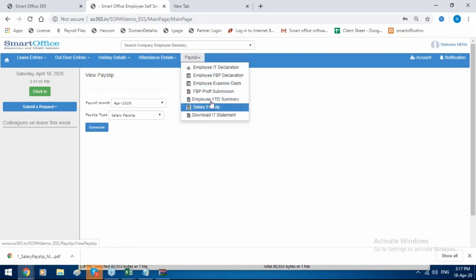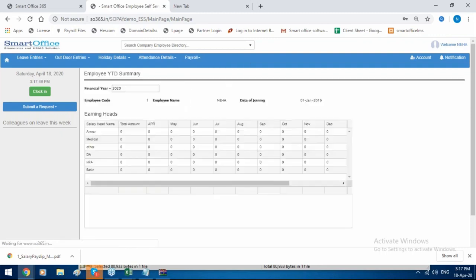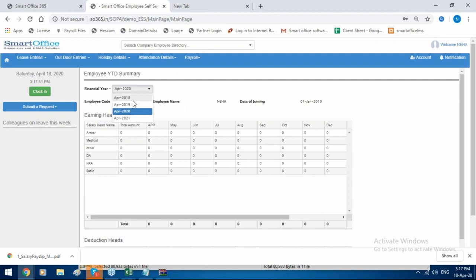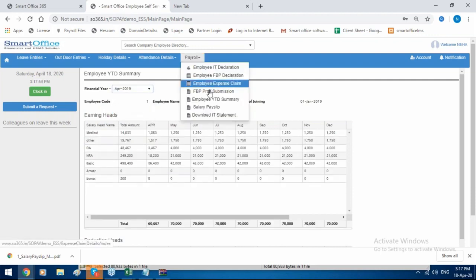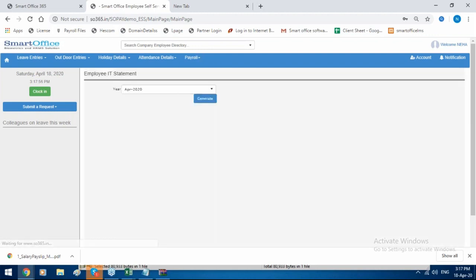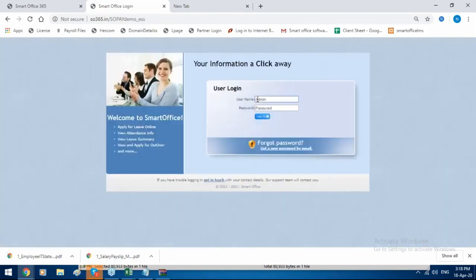Employee yearly TDS summary they can check, and employee can download IT statement, so they can download their own IT statement from here. These are the features in the mobile application. I will show you the manager portal also. What I have shown is of a particular employee.